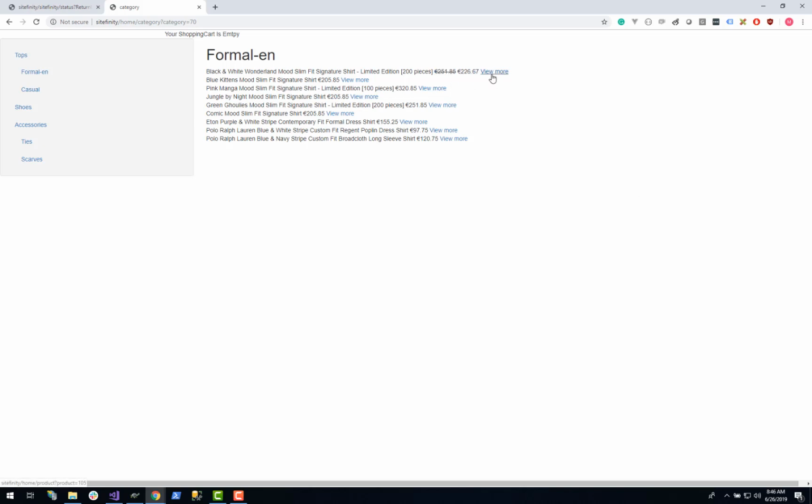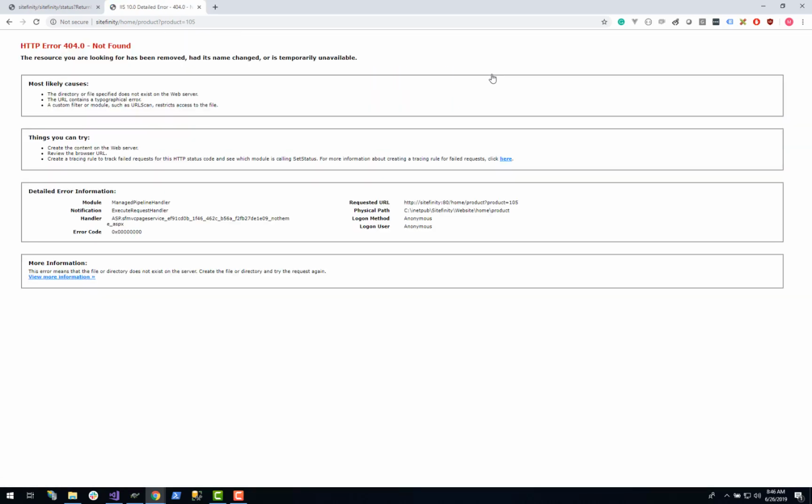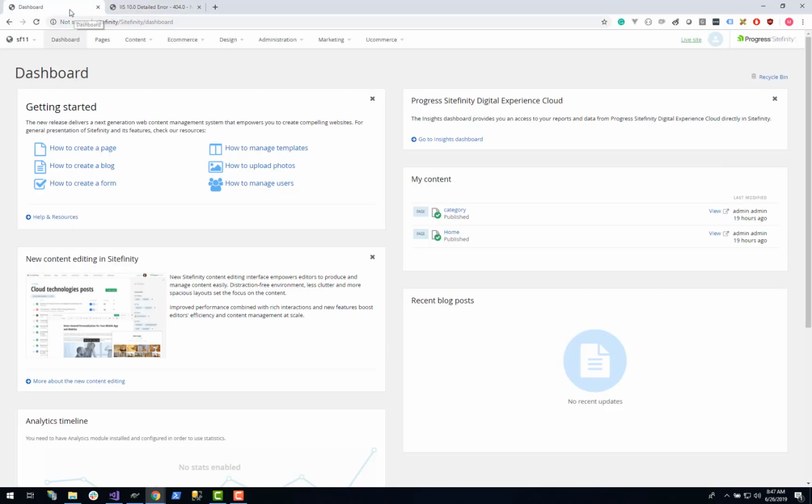If we click on a product to get some more details around it, we will get a nice 404 message here from Sitefinity, and that will be the first task today to get rid of. The way that we are going to do that is to make sure that Sitefinity knows what we are requesting, so it can actually return a content page based on the request that we are sending when we want to see a product. So we need to make sure that we have a page matching the URL that we have up here. To do that, I will go back to the Sitefinity dashboard, into the Pages application,